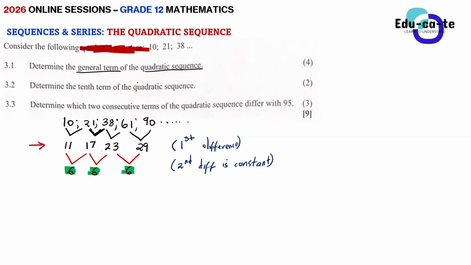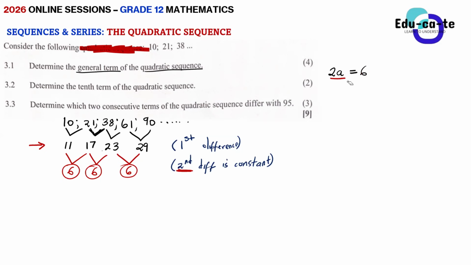You'll say 2a is equal to the first number in the second difference, which is 6. Yes. So guys, when you are solving a quadratic, the general formula for a quadratic pattern, make sure that you say 2 times a is equal to the common difference, which is the second difference in this case. That number here, the one that we find after subtracting twice, is the value of 2a. Then you use that to solve for the value of a.